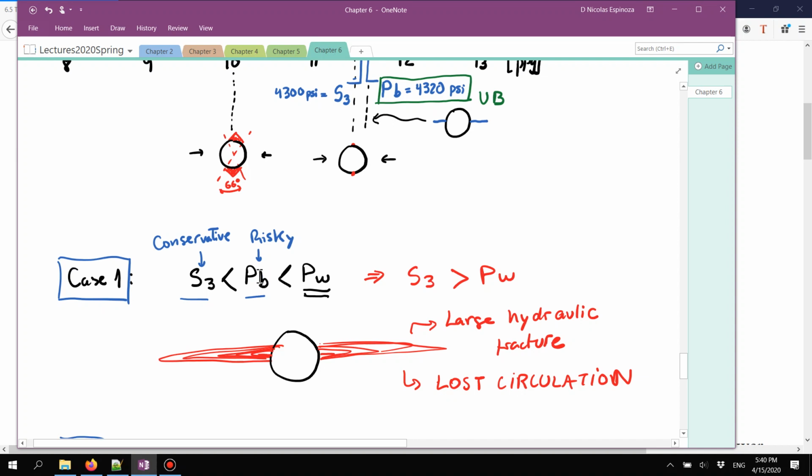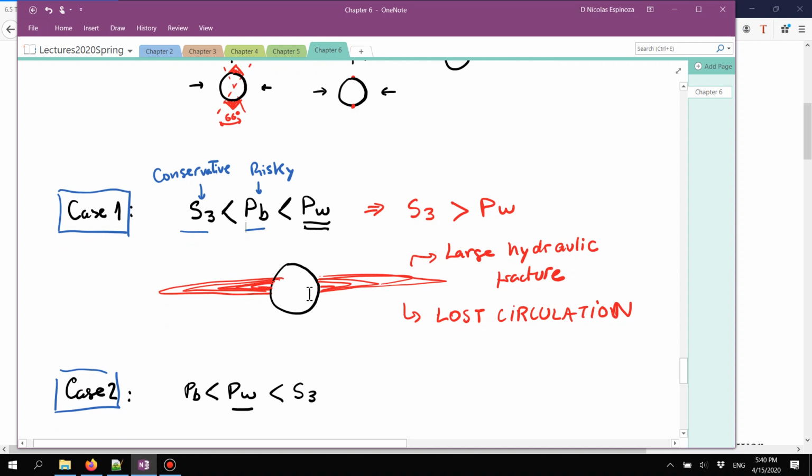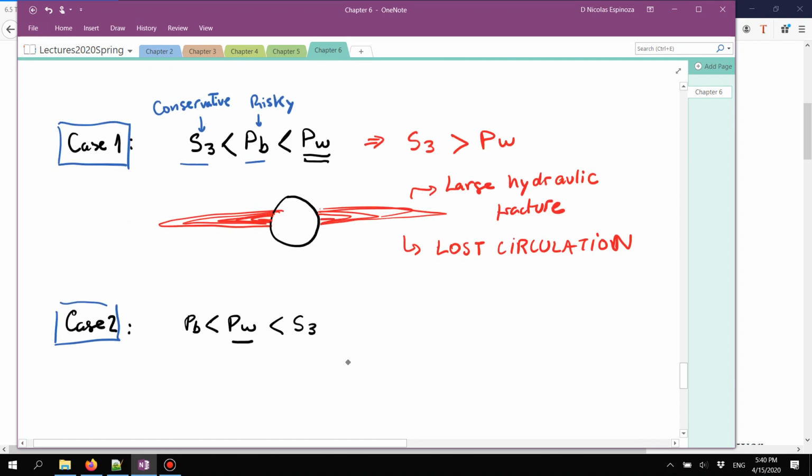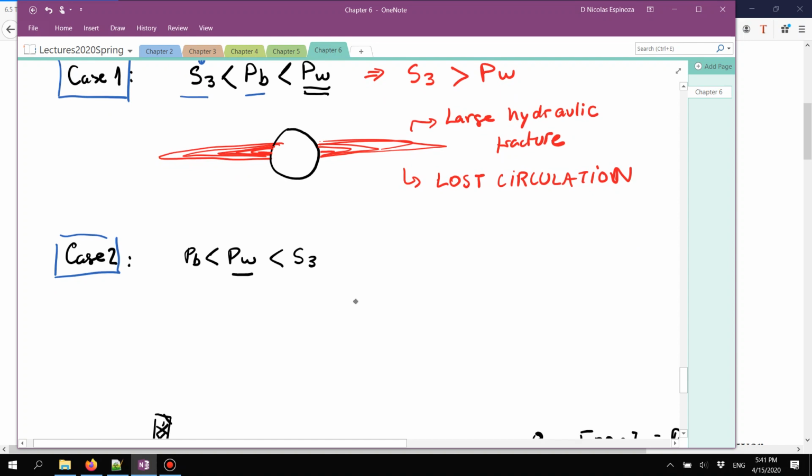In the event that your pressure in your wellbore goes higher than the minimum principal stress and higher than PV, you're going to have a risk of lost circulation. There is another case though, in which after you do the calculations, PV might result lower than the value of minimum principal stress. And in this case, if you do happen to have your wellbore pressure higher than the breakdown pressure, then you are going to create a drilling induced tensile fracture, but this fracture is not going